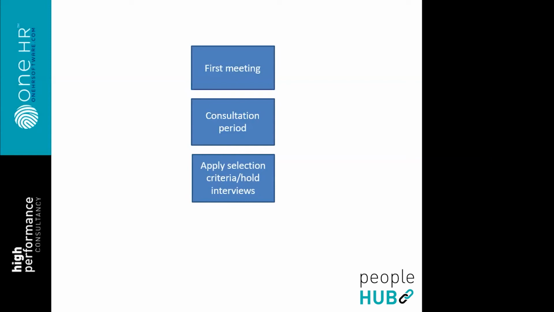You'll then confirm with them the selection criteria, apply it, so score them and hold the interviews, and then you'll have the final meeting. And at that meeting, that's when you will say, we've considered everything that you've put forward, or if you haven't put anything forward, there's nothing else to consider. We've applied the selection criteria, or we've held the interviews, and these are the scores. And then you'll make a decision at that meeting, and you'll inform people that either they are dismissed by way of redundancy because they scored lowest, or they've retained their post, or they'll be taking up a new post.